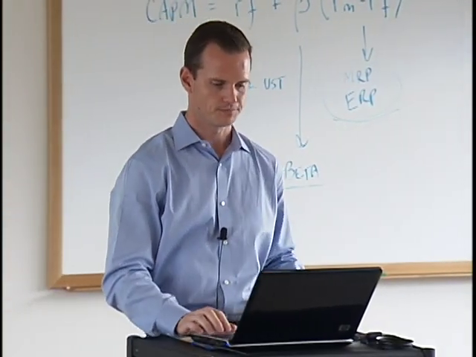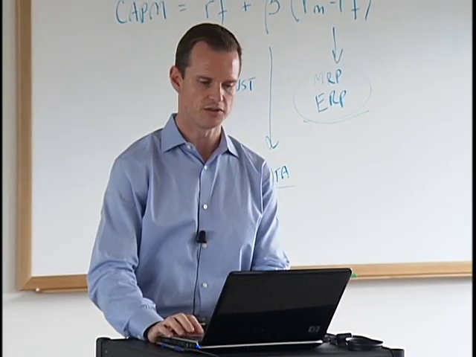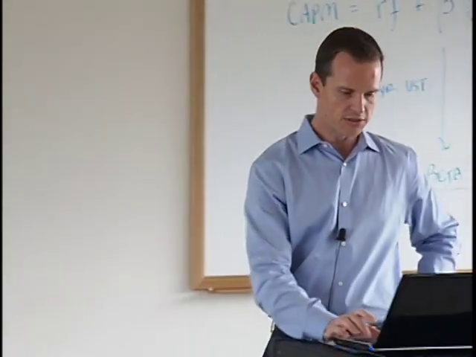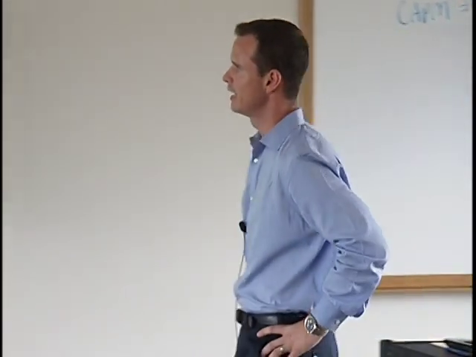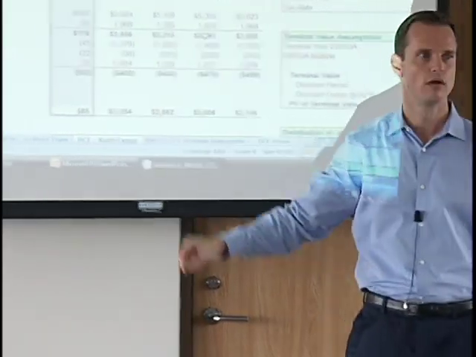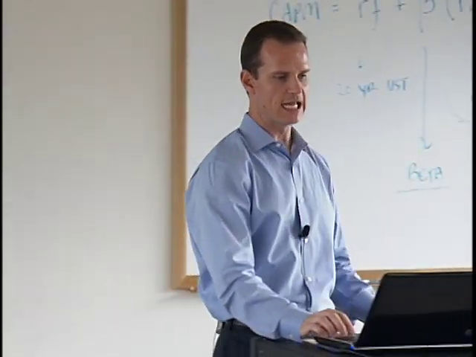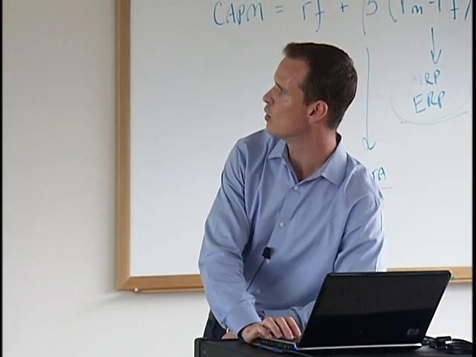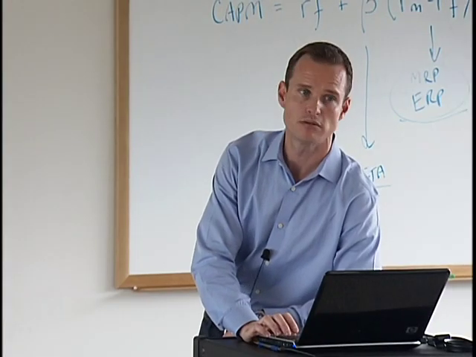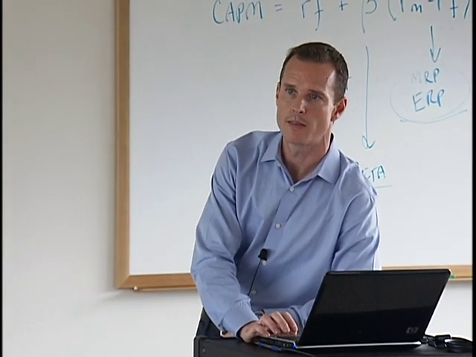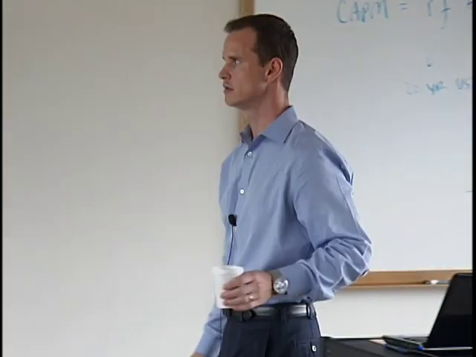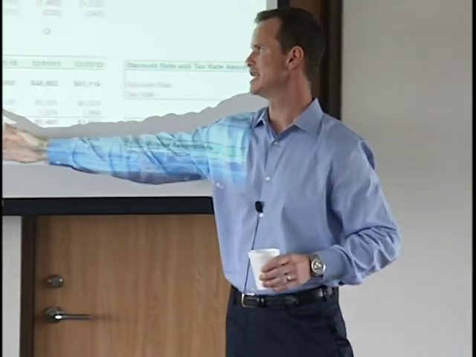Let's talk about year one. Let's talk about the 2008 numbers before we go on. Okay, if we look at 2008 relative to 2009, see that the numbers are a lot lower. And if you look at the 2008 numbers in our DCF section down below, you compare those to our forecasts up above, they don't match. Who can tell me why? What is different about 2008 compared to 2009 and beyond?